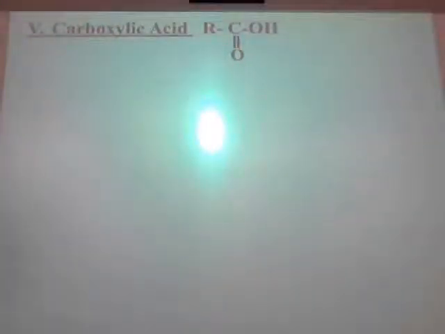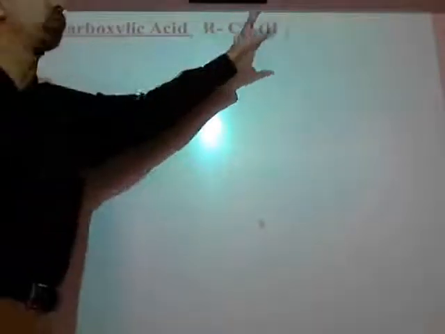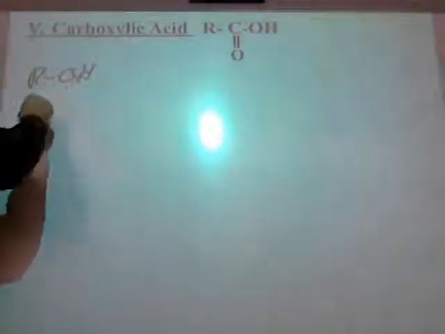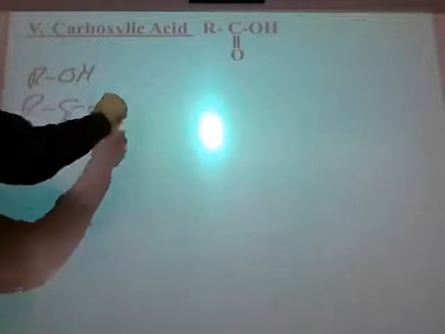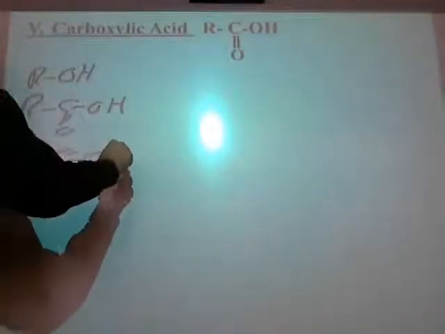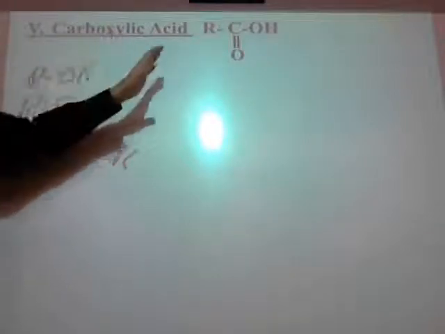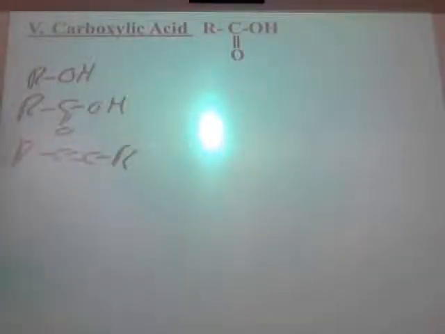Because let me tell you something right now. Now's probably a good time as any. On the day of the properties, not the day of the reactions, but the other day for the test, we're going to have a test that's not on the reactions, worth about 50 points. I will have a whole section with all of these functional groups on them. And you'll have to tell me what kind of a compound that makes it. So if I have R, OH, I have R, C, double bond O, OH. I have R, C, double bond R. By the time I'm done, we will have about 12 of these. There's alkenes, alkynes, aldehydes, ketones, esters, ethers, things you don't even know about yet, but you will,